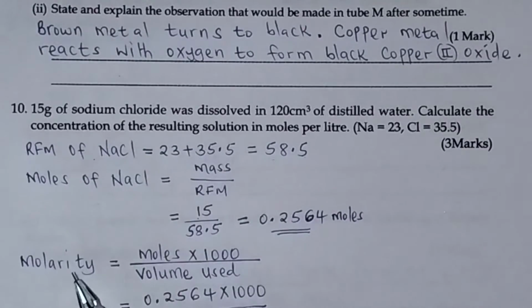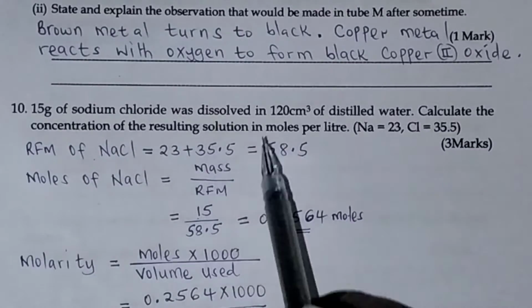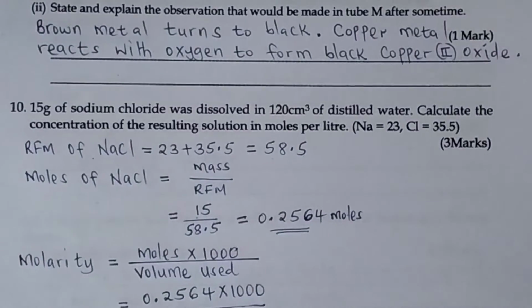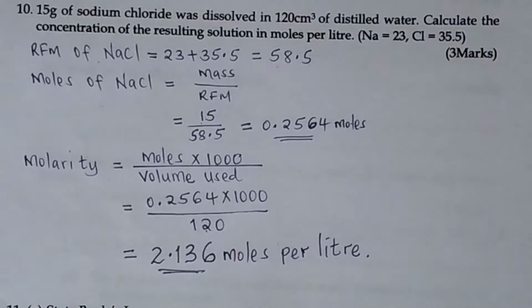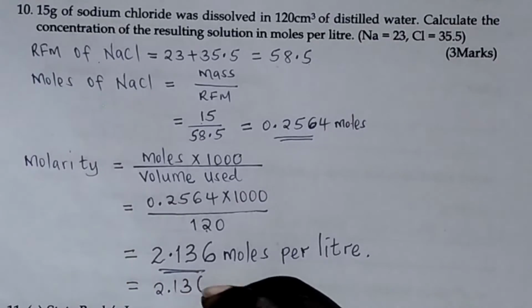There are several ways of getting molarity. We are going to use moles times 1000 over volume used, because you can also use concentration, or mass in grams per liter, over the RFM as the formula for calculating molarity. So the moles we have gotten, 0.2564 moles, multiplied by 1000, divided by the volume given, which is 120 centimeter cube. Here we get our answer to be 2.136 moles per liter, which we can otherwise write as 2.136